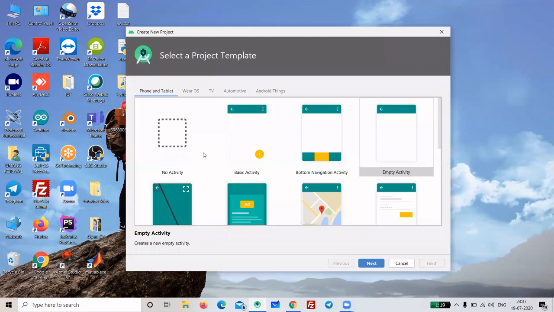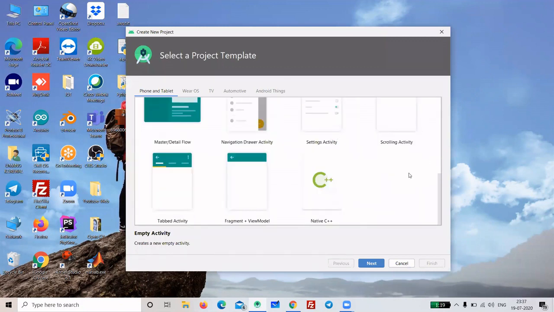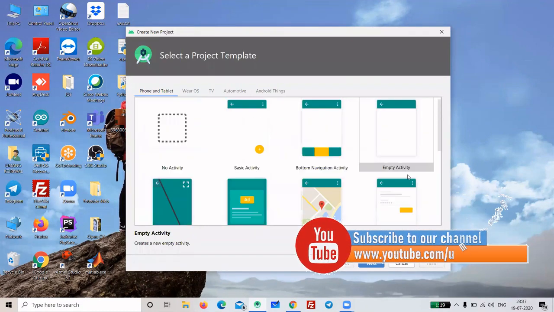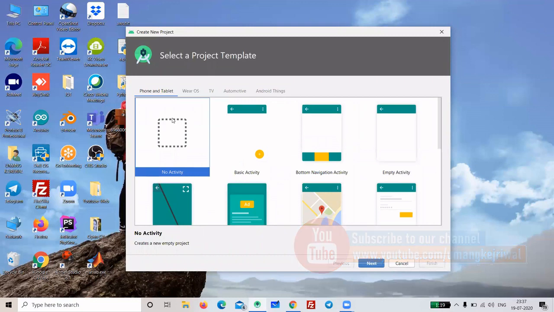So it will open a window. Now this is a template. We can use different templates that basically reduce our work of programming. This one means that there will be no activity inside it. In an Android app, the activity plays a major role. Whatever screen we see is called an activity. That's a major part of Android. We need an activity for displaying any screen in the application. So if you select this option, you have to manually create the activity.